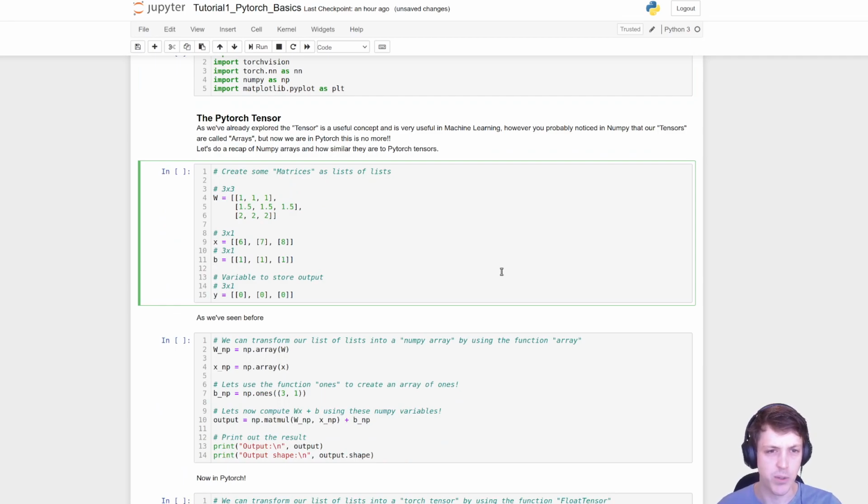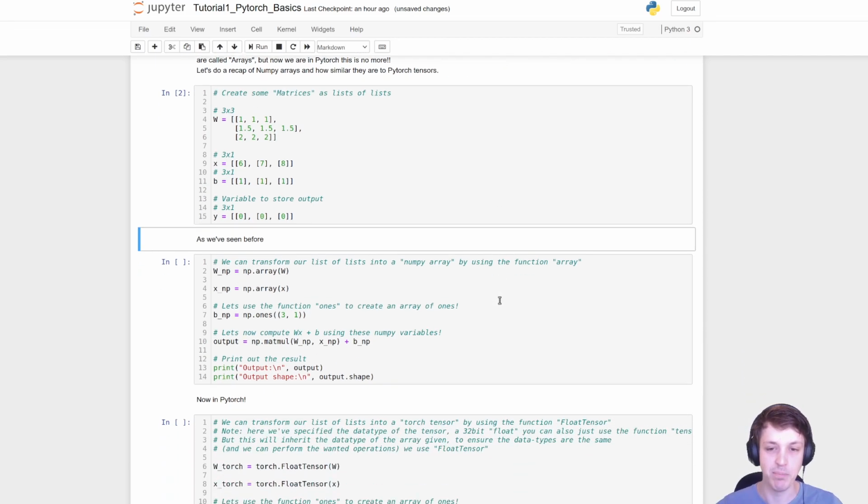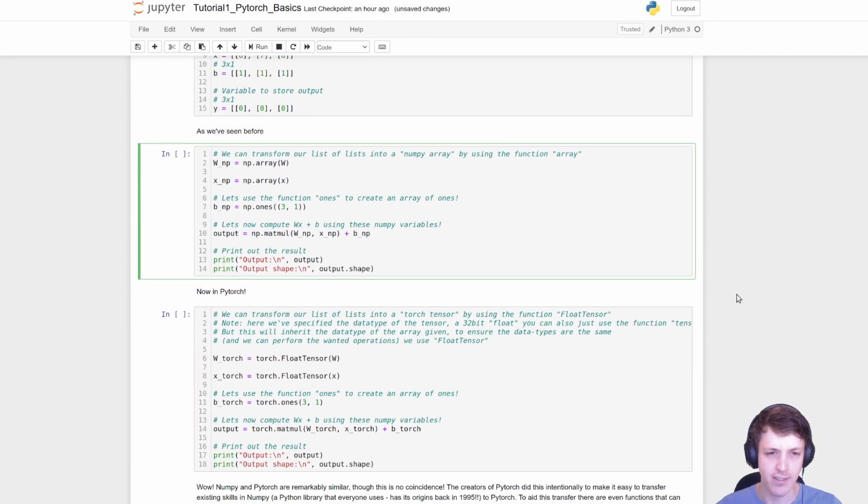Okay, let's jump into PyTorch now. So as I covered in the NumPy tutorial, we could define matrices or vectors as lists, or matrices as lists of lists, and you could create your own functions to perform matrix operations, but there's a huge array of libraries, most commonly NumPy, that allows us to do a whole bunch of operations on arrays and vectors, and we create